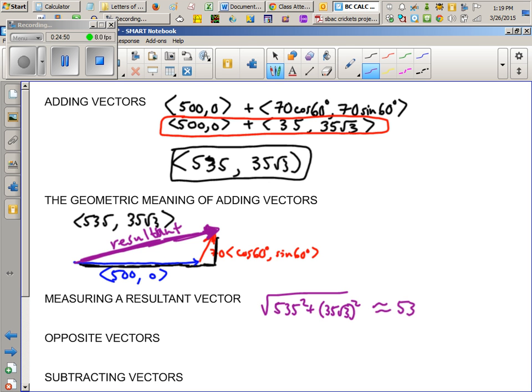About 538.424 miles or whatever. So if you travel 500 miles north, or 500 miles due east, and then you go 70 miles north